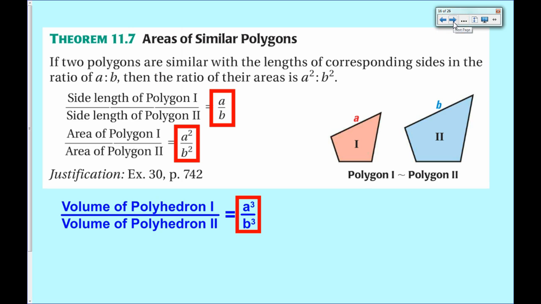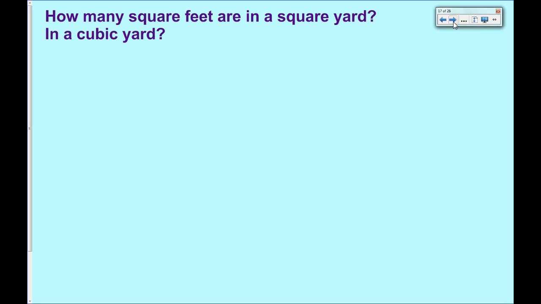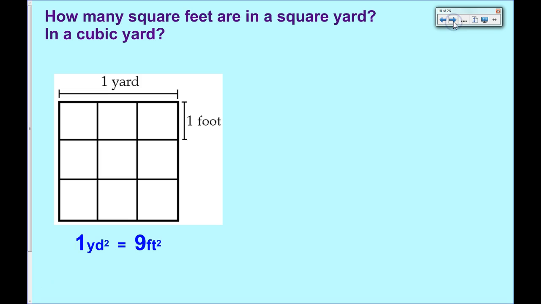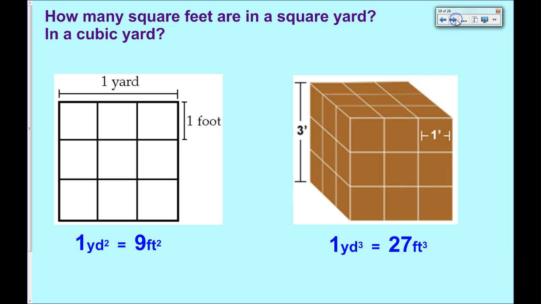A very common one right up next: how many square feet are in a square yard and how many cubic feet are in a cubic yard? And you might say to yourself, well, there's 3 feet in a yard, so there should be 3 square feet in a square yard, and there should be 3 cubic feet in a cubic yard. But I challenge you to draw a picture of it, and you'll see that it doesn't work out that way, because the 1 yard, that 3-to-1 ratio, is going to get squared for area, and it's going to get cubed